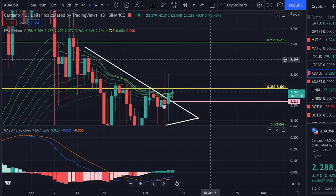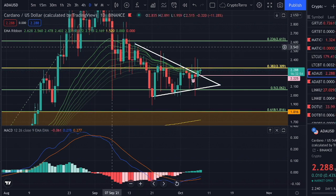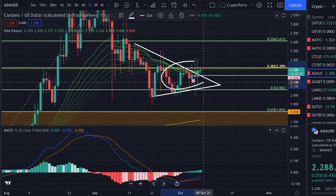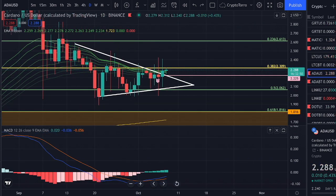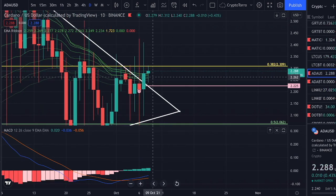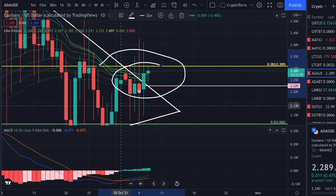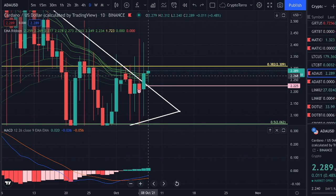As well increasing Cardano's value. If you can take a look as well, what I think is important right now is that we are once more above the EMA ribbon. The EMA ribbon is right now serving as a level of support on the daily time frame. You can clearly see that the candle opened just above the EMA ribbon, and right now we are trading towards the upside. Therefore, I think it is very likely that we are going to see more momentum towards the upside